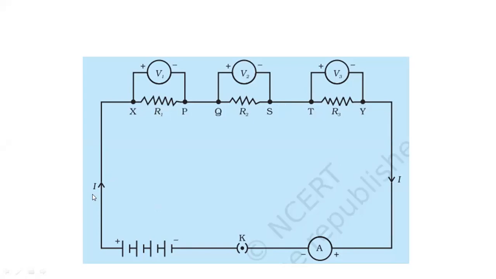Now focus on current. Current ka kya? Whether it is same or not. So current is starting from your positive terminal, going through this case, going through R1, and coming out. Whatever the value coming out of R1, it is again the same value, that is I. Again it will enter R2, again it will come out as I, and third time it will go through R3, again coming out as I. So when it entered, the value of the current was I. When it exited, the value of the current is again I.